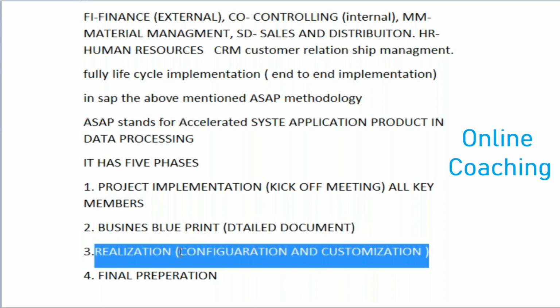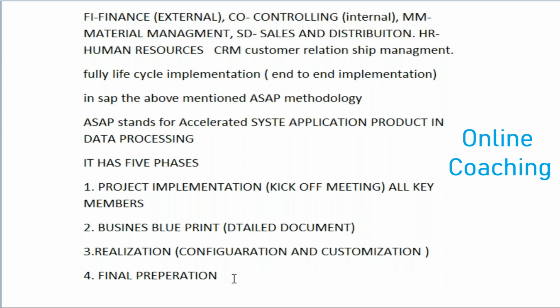Organization structure, fiscal year variance, a lot of things we do. After all this we do testing here. Suppose we do configuration for journal entries, cash account data, or bank account data to equity share capital. For this entry, we have to do a lot of configurations in this realization phase. After we do testing, how it's working,